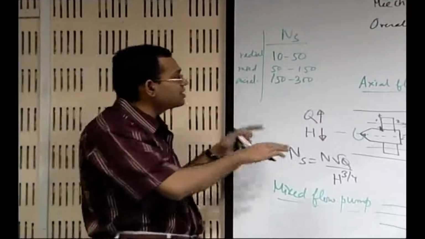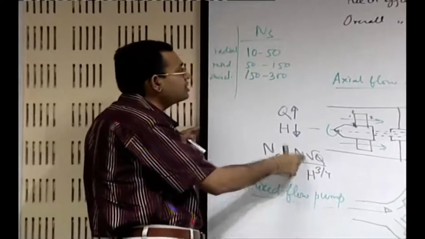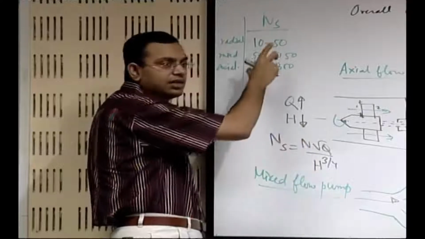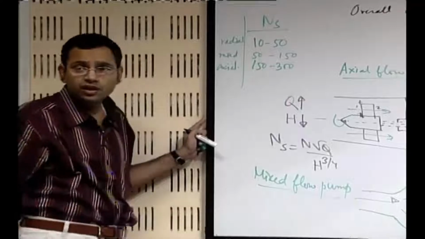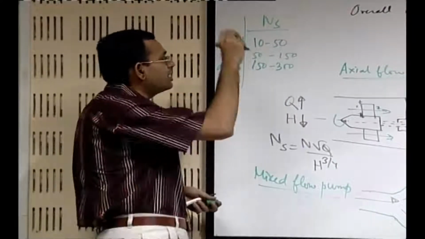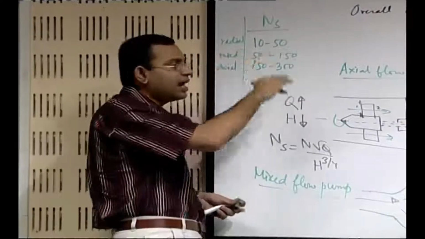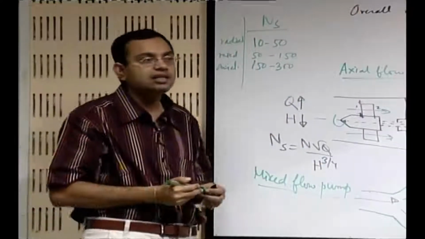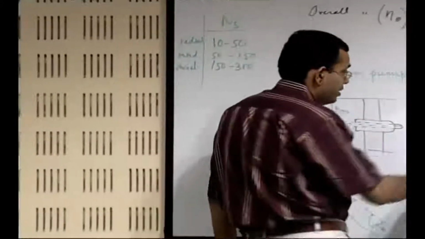Again, these are very rough figures. For the specific speeds, the units have been put here according to the units that we have mentioned. Actually, this is not dimensionless, but the corresponding number by putting those units, whatever you get, that is quoted. So that is one important thing. The important thing is not to be very particular about the specific values, but to understand that if you go for higher and higher specific speeds, it is the axial flow pump characteristic that is going to be more common to that feature or behavior.